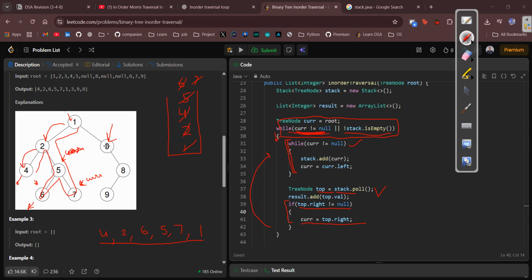Here you can see that it's a little bit different from the actual recursion call. In the recursion, we remove 1 in the post order, when we have finally visited all the nodes. Then it gets removed from the stack. But here we are removing it as soon as we know that